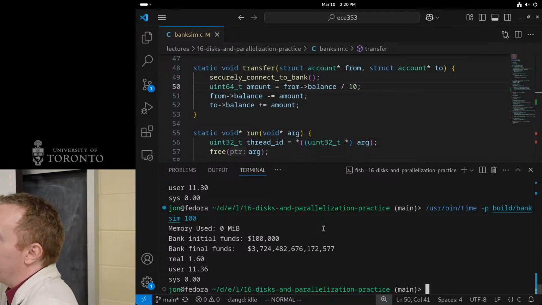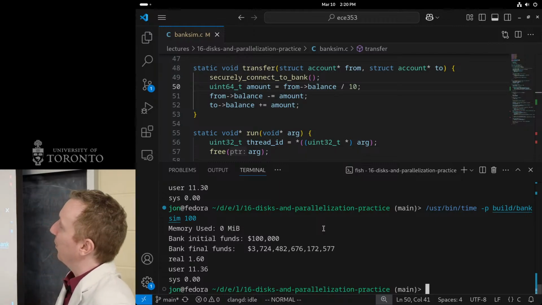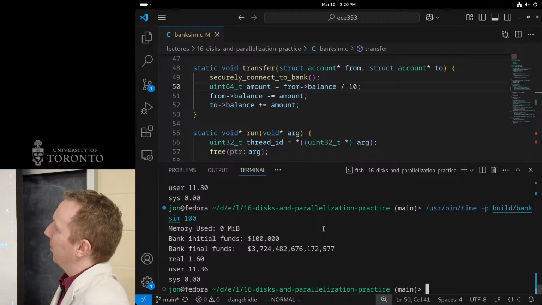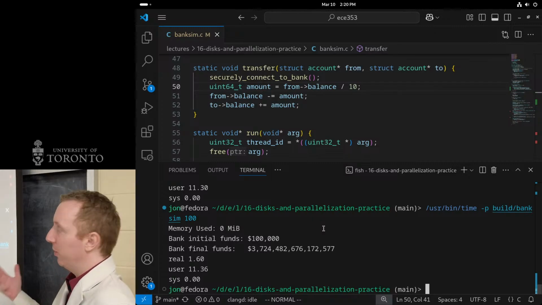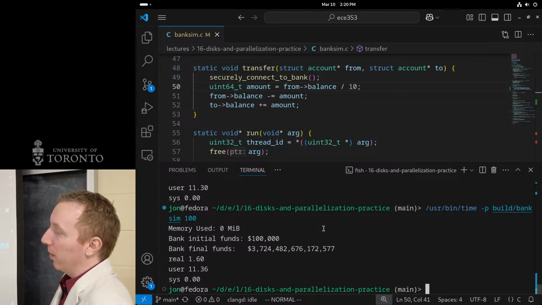How do we prevent a data race? Yeah. Use a mutex or a semaphore. So typically with data races, two concurrent accesses, we want to use a mutex. Mutex is the right tool for the job. All right, so I need to use a mutex. Tell me what I should do with this mutex.